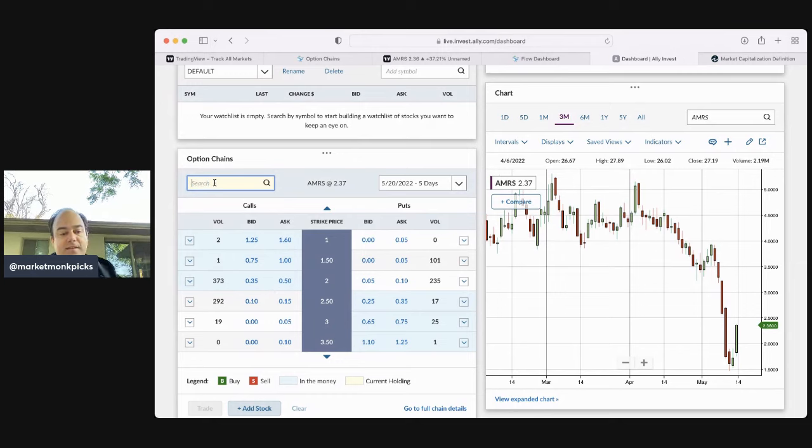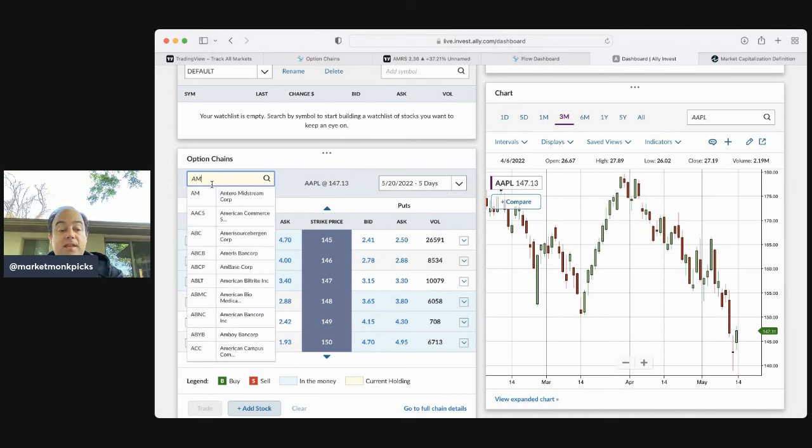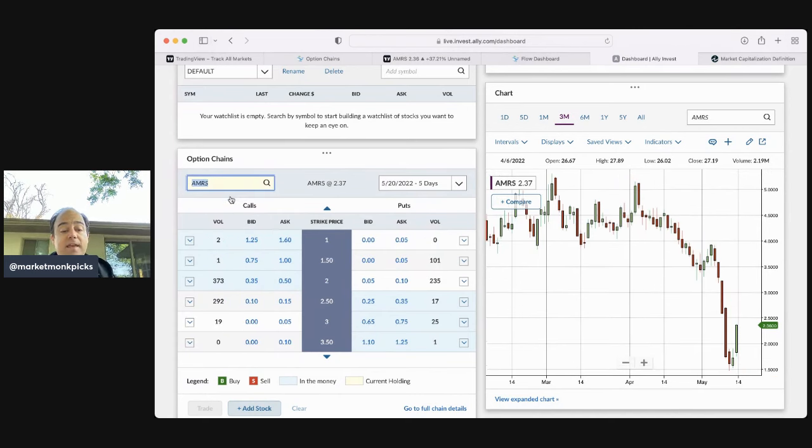This isn't like Apple, where the bid-ask spread is so small you can essentially just get in and out with market orders. Here it's $10 difference. So you want the best price that you can, but there's enough volume that you can get in and out. When you trade something like AMRS with options,